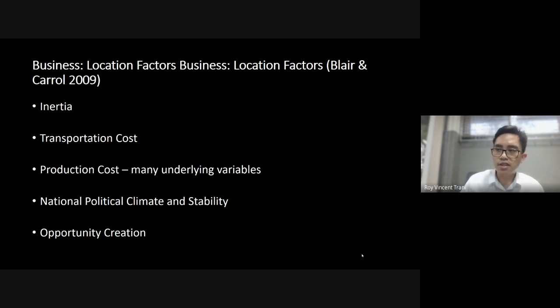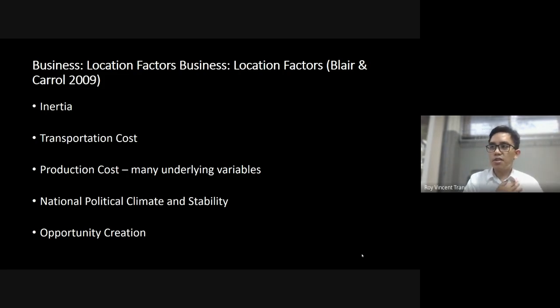The other one is weight losing. For example, I think it's very appropriate that a lot of us here are in the construction industry. The example was a timber factory. So they will locate where the trees are, cut down the trees to timber, and then sell to wherever they need to be sold. So these firms would locate where the raw materials are. The weight gaining one would locate to where the customers are.